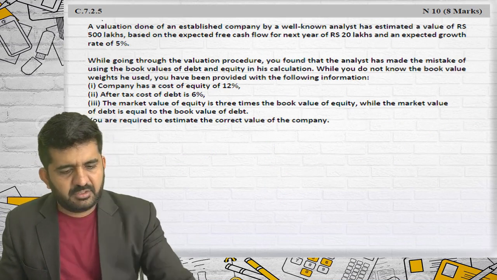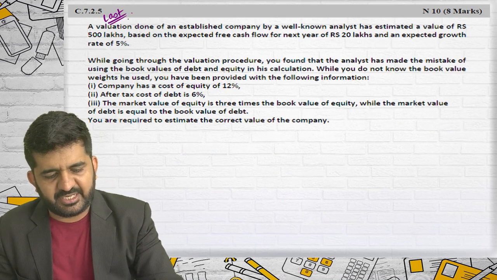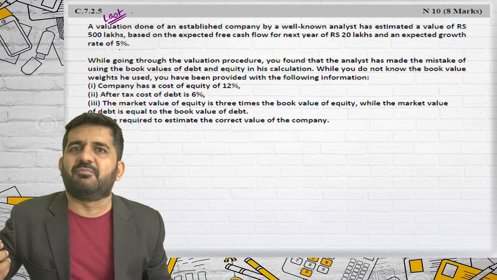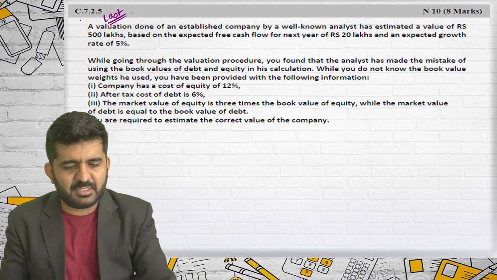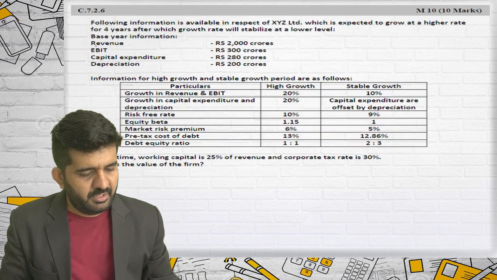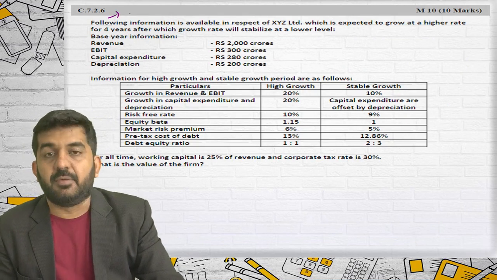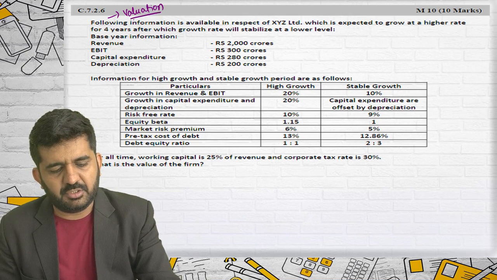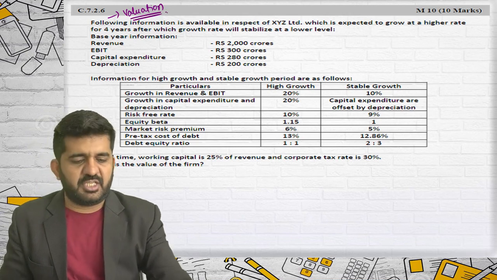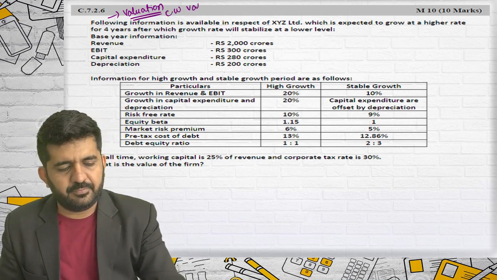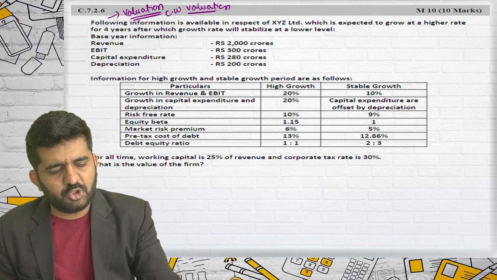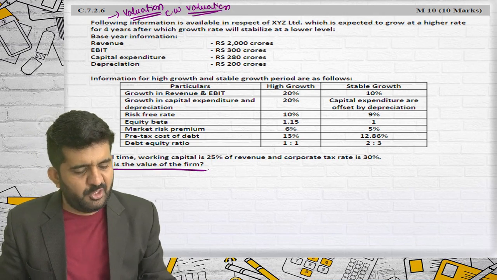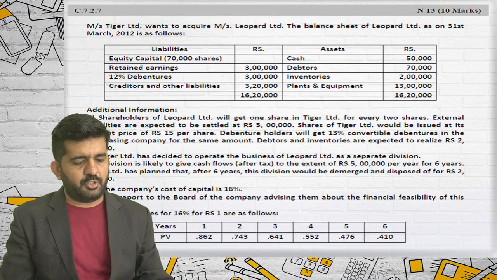7.2.5. This is the last question that we'll be doing in this category. We always keep a somewhat typical question at last, and so we'll be doing this at last. 7.2.6 is mistakenly written over here. We will be transferring it to valuation. You will be finding this out in the class work of valuation. There is also one more question, what is the value of the firm. There is no concept of merger and acquisition, so better we transfer it to valuation.